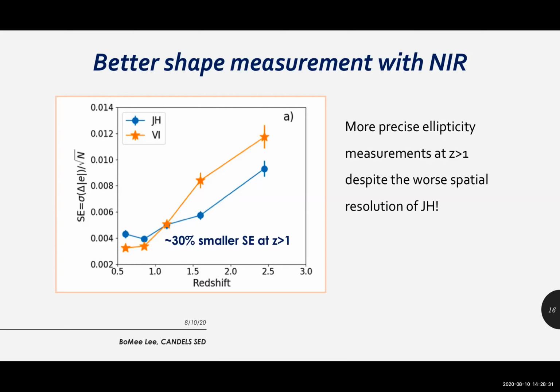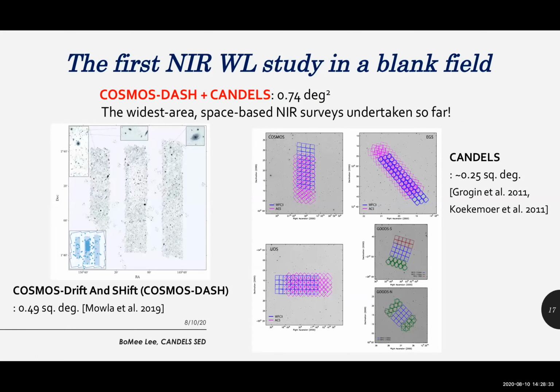Okay. So motivated by this study and the benefits of using near-IR bands, we propose to leverage the largest set of archival near-infrared images taken by WFC3 on HST to derive the first near-IR galaxy shear catalog. We will use WFC3 images from CANDELS and COSMOS-DASH. COSMOS-DASH here is an HST WFC3 imaging survey of the COSMOS field